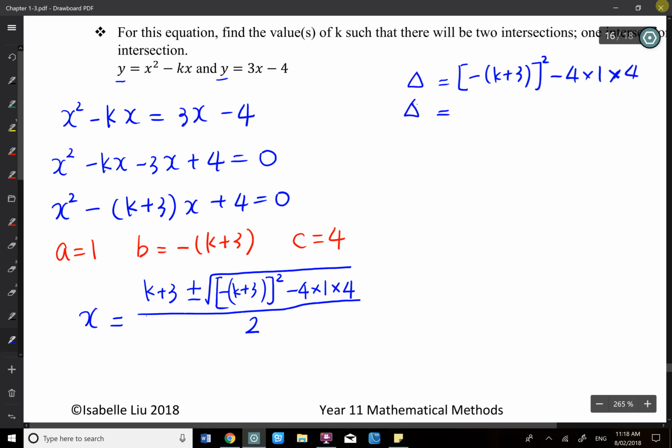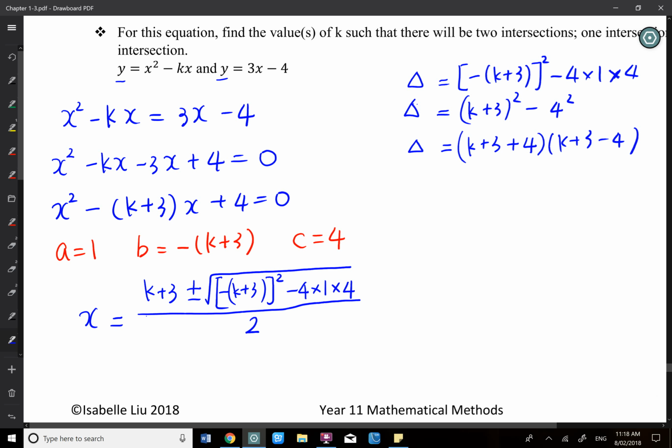That equals, this will become (k plus 3) squared minus 4 squared, because the minus squared will just become positive. So what we have left is (k plus 3) squared minus 16. And I can factorize that. You know why I'm going to factorize it later. Here you can expand, but I see I can factorize it. I think it's always helpful if I can factorize a quadratic, because